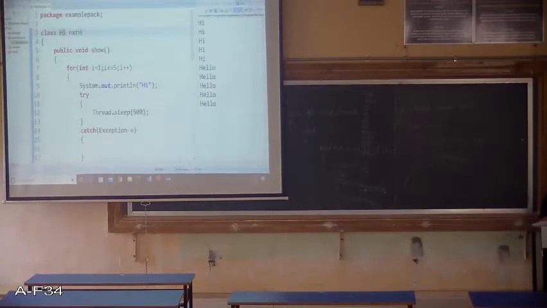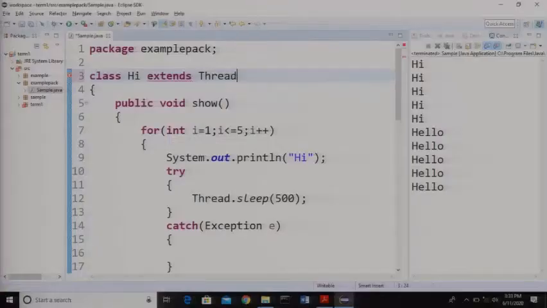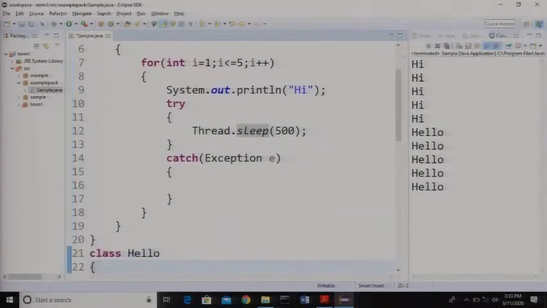We need to use the extends keyword, extends Thread, fine. And then we have to make the other one also a thread, so extends Thread. That means now the Hello and Hi classes have become subclasses of the Thread class.